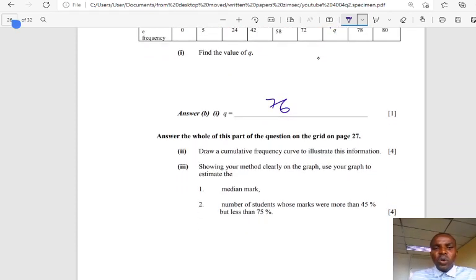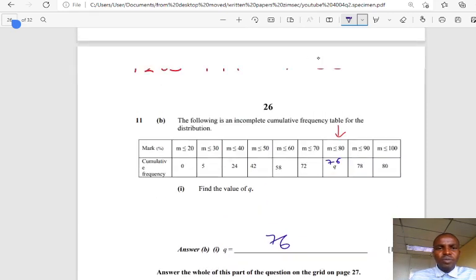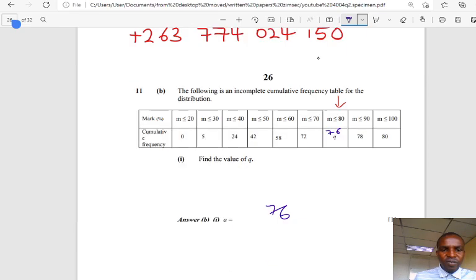Then next, answer the question on the grid on page 27. Draw a cumulative frequency curve to illustrate this information, showing your method clearly on the graph. Use your graph to estimate the median mark. Alright, so to draw now, we have less than 20. You just plot 20 and 0, 30 and 5,